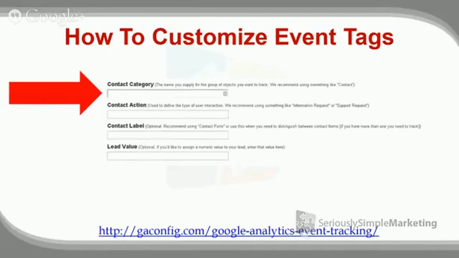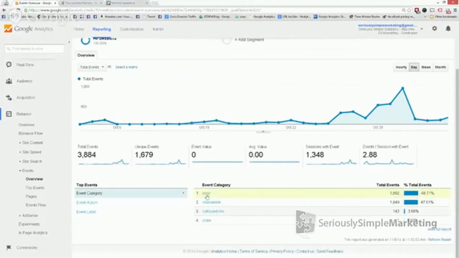So this might be, actually, I'm going to flip back so you can see how we did one of ours here. So we have a category of timer. So we actually set a timer for, actually, I'm going to do this one. We'll do internal link. So internal link would be something where somebody's clicked on a link that's contained under the Seriously Simple Marketing domain. An outbound link would be a category of a link that is going someplace else outside of our site. Okay, so we automatically track those events and we've set it up to do that.